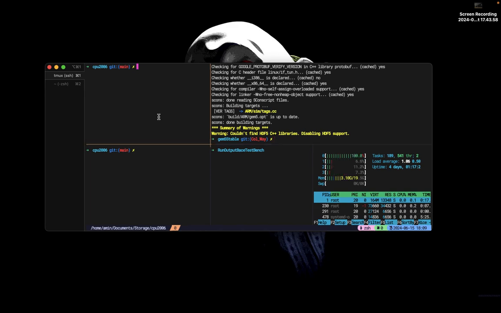Okay, then I run the script I wrote to run Gem5 and run the SPEC CPU benchmark, SPEC CPU 2006. I run this to check whether Gem5 works or crashes.